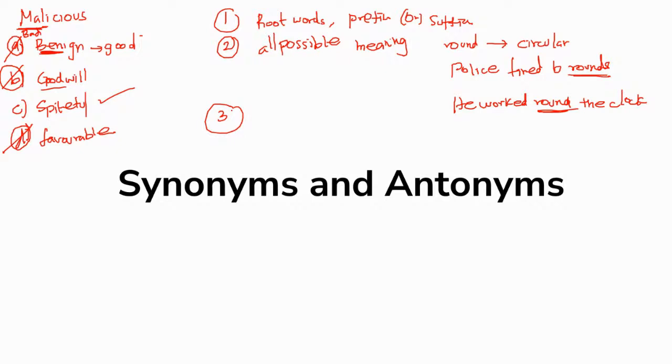And third point is look for a match between the meaning of the stem word and those of the given choices. Match between the stem word and the choices. And fourth thing, in case of a tie, look at the parts of speech of the word and go for the answer option which is the same part of speech as that of the stem word. So matching parts of speech.